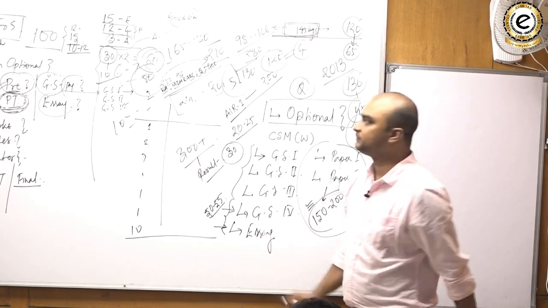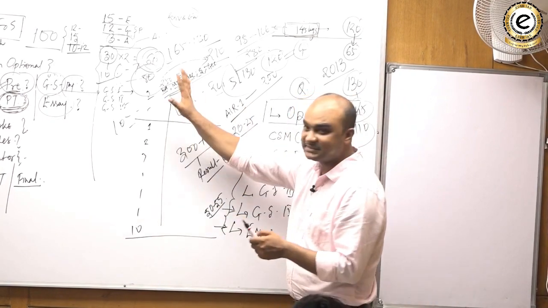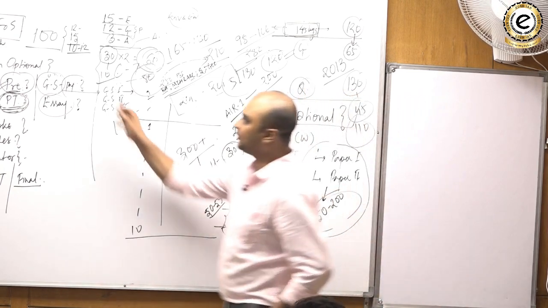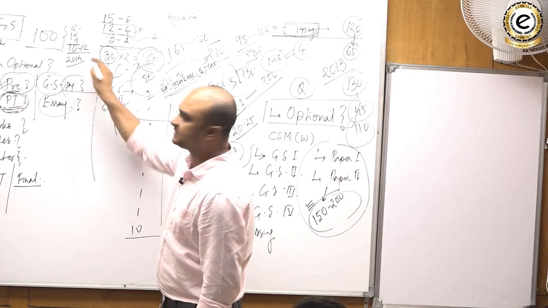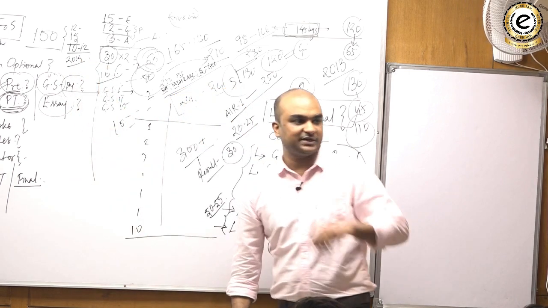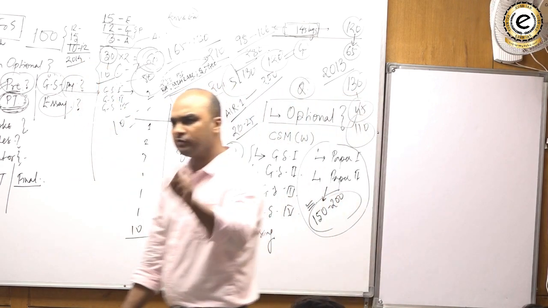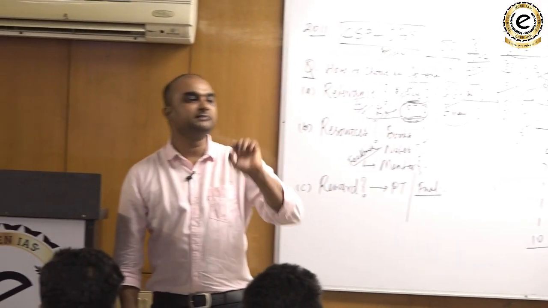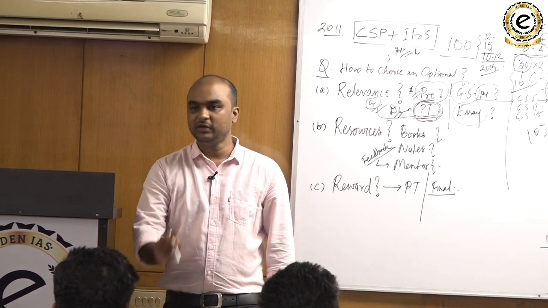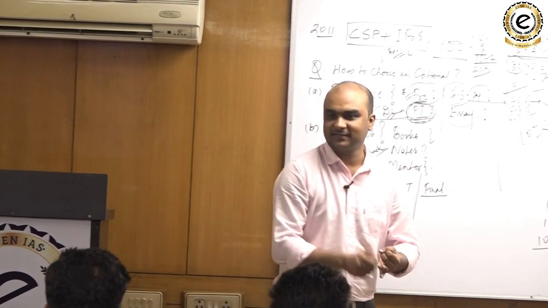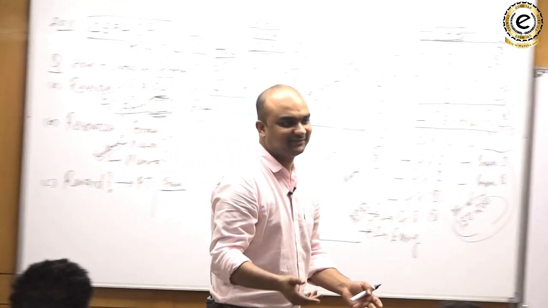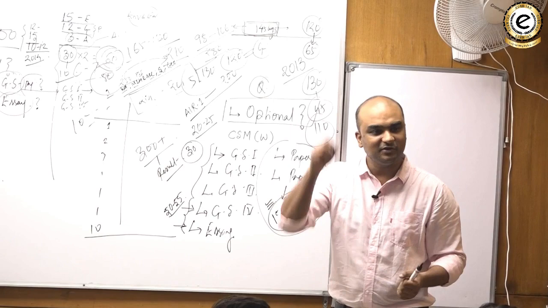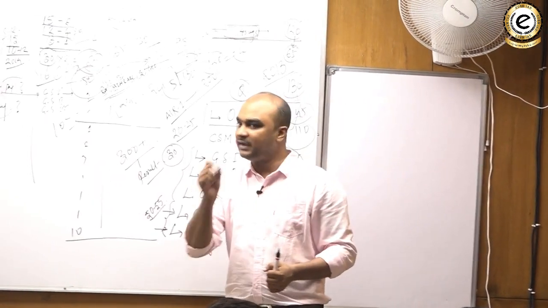Also, one more thing. This is the explicit importance of geography, but there is an implicit importance of geography as well. Like for example, in the 2014 CSE main examination, there was a question in history that most of the Indian battles were fought at Panipat. Why only Panipat? Have you heard about the first battle of Panipat, second battle of Panipat? Why not Sonipat? Why not Rohtak or some other area? Why only Panipat? Why was Panipat chosen?